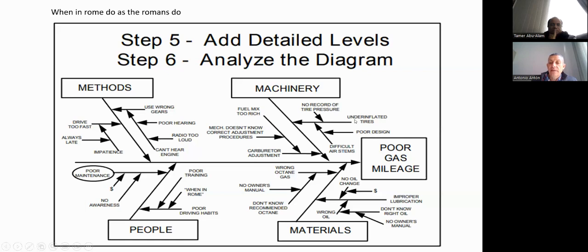Underinflated tires. Here you have different causes. One of them is no record of the tire pressures. This is a person that is very lazy, has a lot of issues on their mind, and so there is no record of tire pressure. Sometimes you record it, you put a record on a piece of paper. It's true that